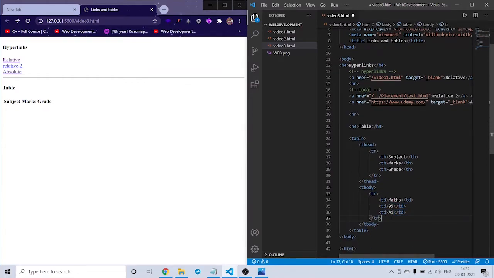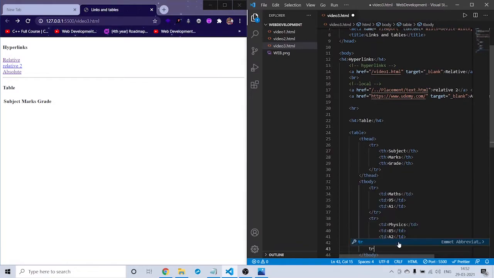And in the same way I will create another tr, which is the other table row, and in that again td, which is physics, and marks would be 85, and grade would be a2.